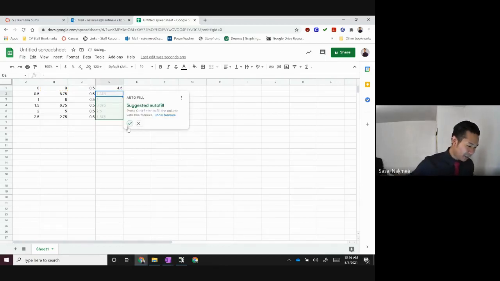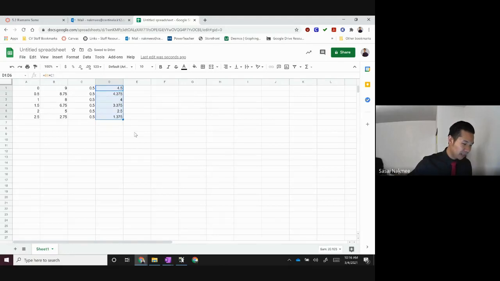And okay, all right, fine, Google, autofill it for me. And we'll go ahead and have these numbers right here. And when you highlight all those numbers right there, if you look at the bottom right, it has a sum for you. And the sum was 20.125. So you can use Google Sheets for now if you don't have access to a TI calculator. But I just didn't really want to show it to you because on the AP exam you won't be able to. But for practice sake, this is one way for you to do it. But yeah, there you go.